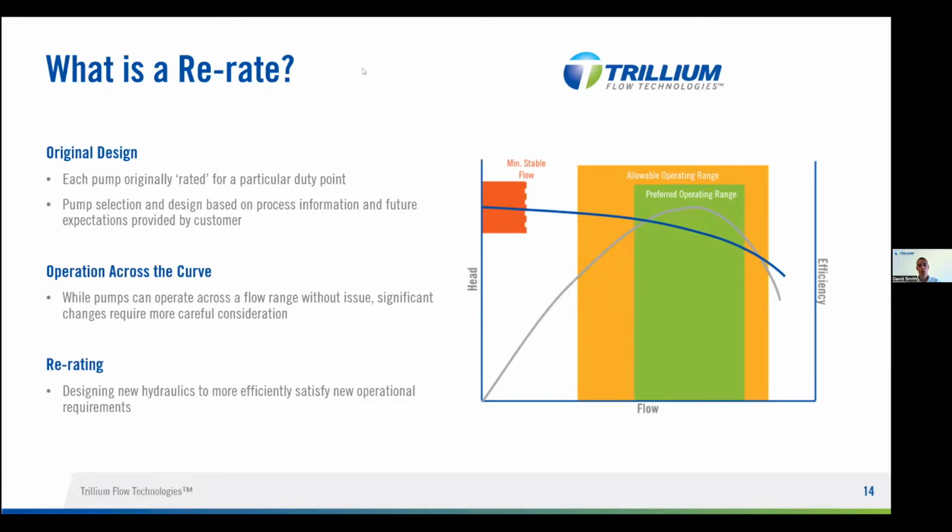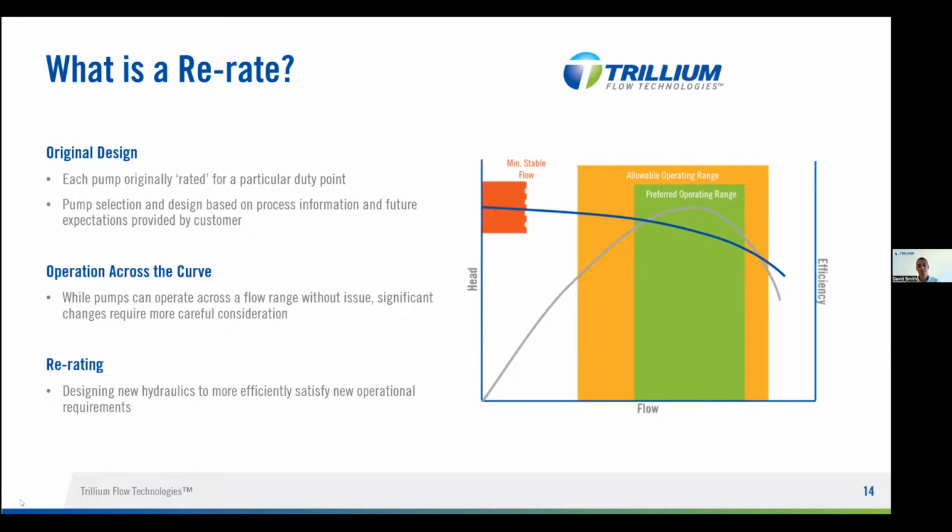other problems such as recirculation, vibration, and therefore we start looking at failures such as bearing failures, seals, etc. So it becomes less and less efficient to run in these regions away from there. And at Trillium, we can get involved and start to discuss options with the customer, and quite often that option is a re-rate, in which we can essentially change the hydraulics within the pump to better suit the new requirements